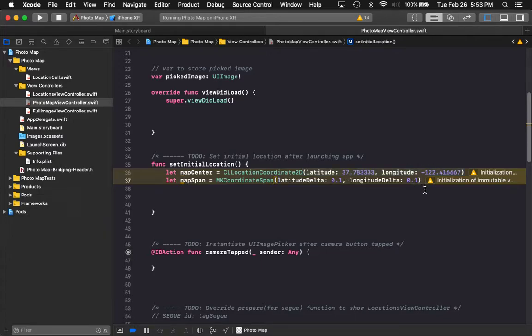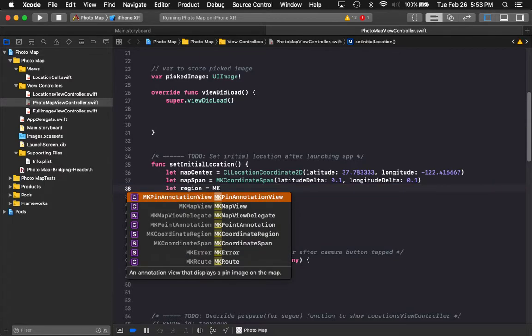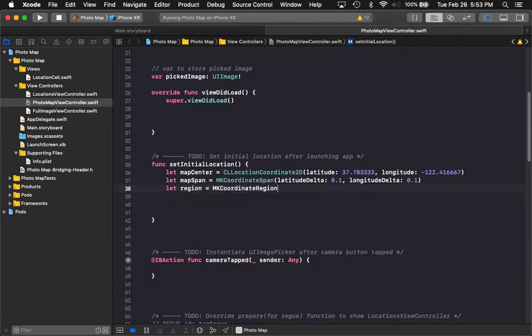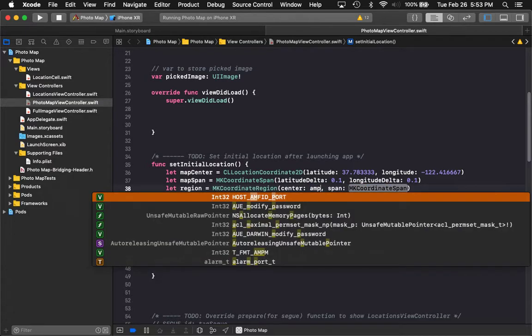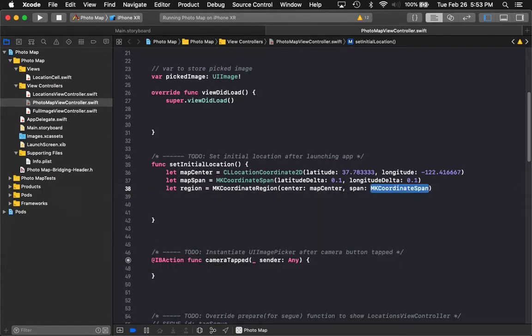So now that we have the span, now let's create a region for our map view. Because map view takes a region as the variable to create the map. So in order to do that, we're going to create a map MKCoordinateRegion. And this takes a center and a span. Luckily, we already have those. We're just going to pass in the map center and the map span